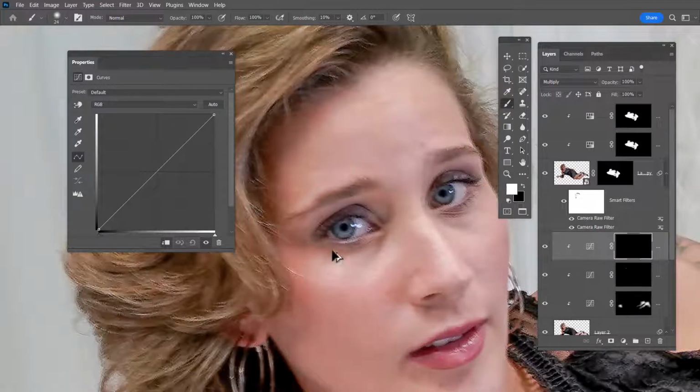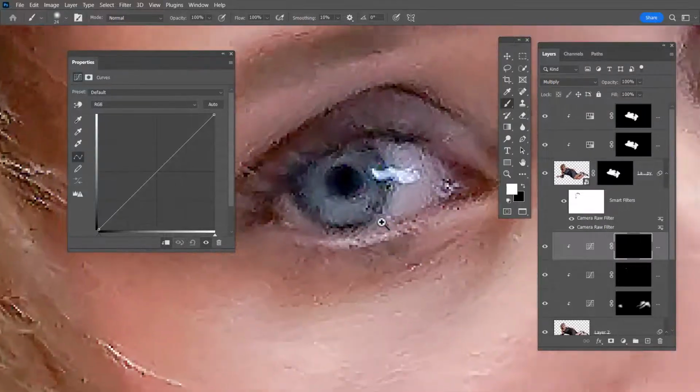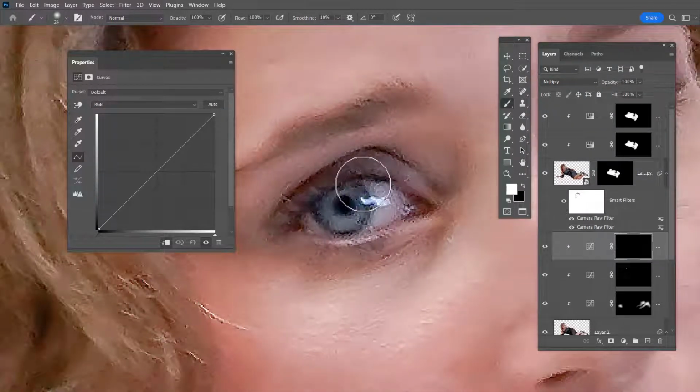And what we're going to do is we're going to get in close, get the brush smaller, and paint with what color? You've guessed it. Black. All right. You're going to enhance this. Enhance that with black. Paint with white to make this black in here. If we pull it back,